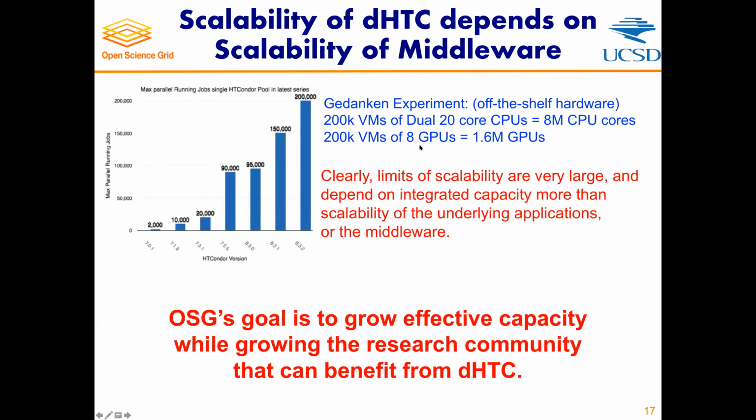Similarly, we deploy 8-GPU systems these days. I just bought three of those. They have eight 2080 Tis from NVIDIA, because they're sort of the right balance between cheap and powerful. If you took 200,000 VMs, you could have 1.6 million GPUs. I think the largest supercomputer in the world has something like 27,000 GPUs, if I remember correctly. So these kinds of scales are just exorbitant.